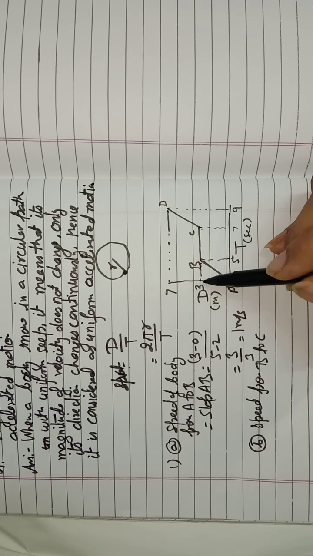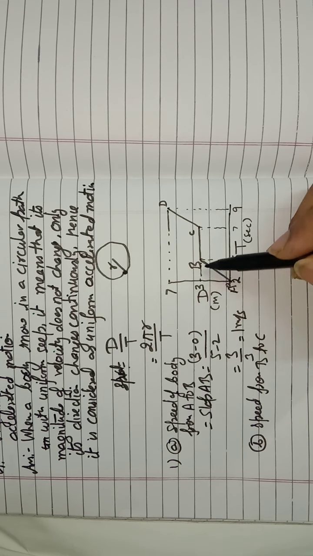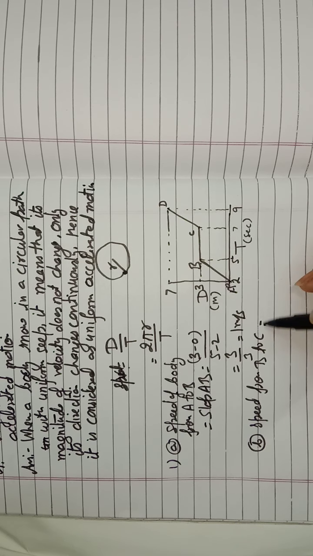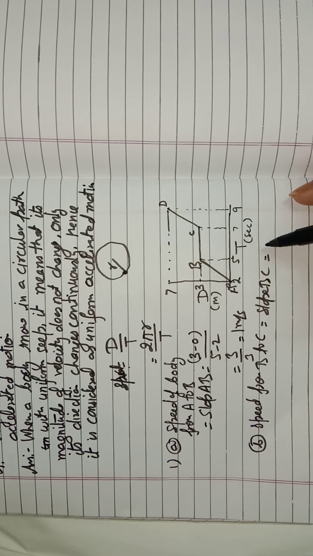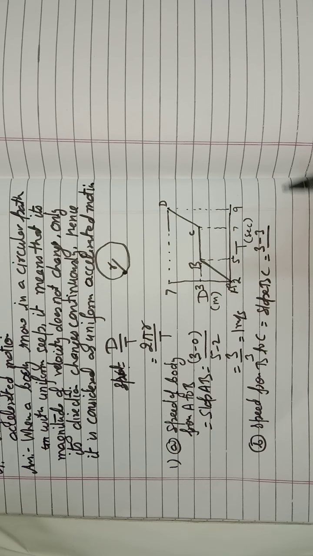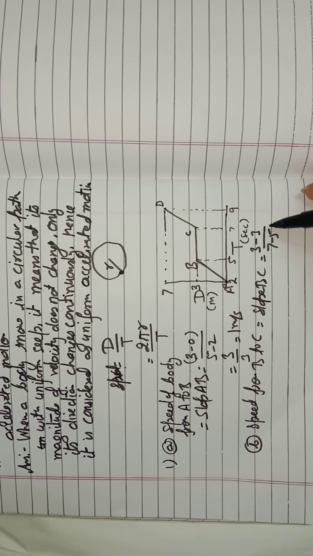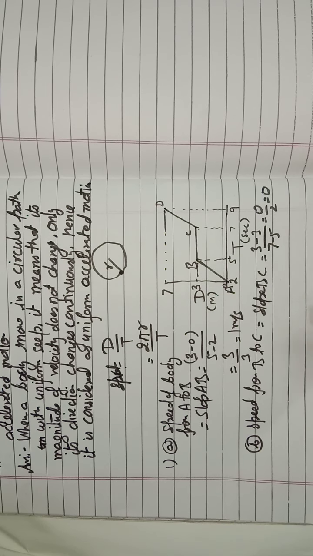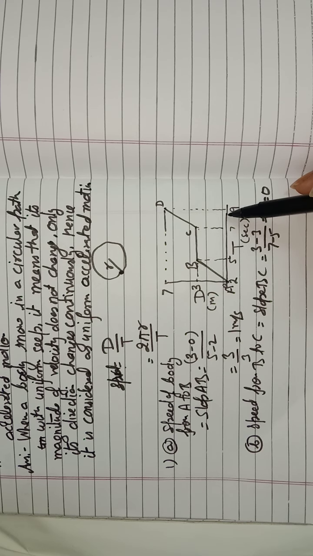It means the body is at a distance of 3 meters and after 7 seconds it is again at 3 meters. First of all, write slope BC. Perpendicular is 0, that is 3 minus 3. At B it was at 3 and at C it is also at 3, so the perpendicular is 3 minus 3 upon the time, 7 minus 5, that is 0 upon 2. So you can see the speed of the body from B to C is 0. You should remember that if the dt graph is a straight line parallel to the time axis, it means the body is at rest, it is not moving at all.